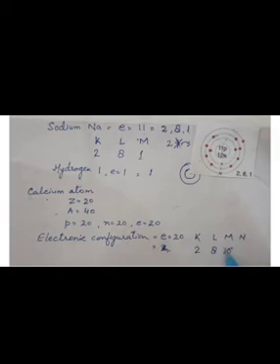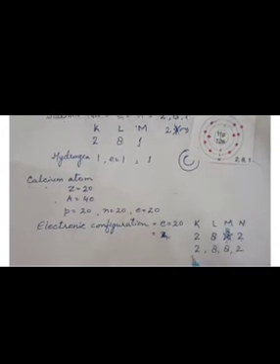No, actually this is wrong, because the second rule says that the outermost shell cannot have more than 8 electrons. So what happens here? You will write 8 here, and how many are left? 2 are left. So the 2 will go to the next shell. So what's the electronic configuration? 2 8 8 2, right? What is the electronic configuration of calcium atom? 2 8 8 2, right?